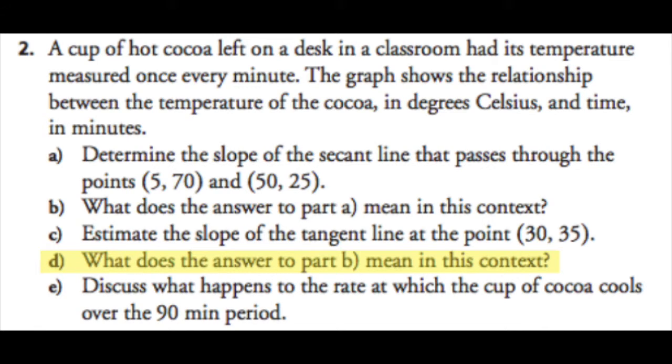Question D asks, what does the answer to part B mean in this context? I think that they're talking about part C, so let's just answer this question in terms of the answer from part C. Here in question D, we're taking our answer from question C and applying it to the context of the question. So we can start off by saying 30 minutes. And remember, we're saying 30 minutes because in the point (30, 35), the x value is 30 and the x-axis is labeled time in minutes. So at 30 minutes of the hot cocoa being left out on the desk, it would be cooling down at